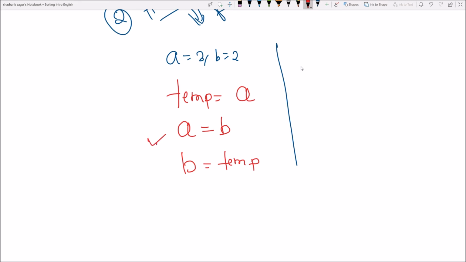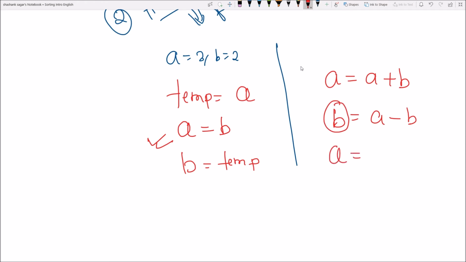So this is one way, and the second way is A is equal to A plus B, B is equal to A minus B, that is here in B I will have old A, and A is equal to A minus B, as in current B I have old A. Okay, this is the second technique.